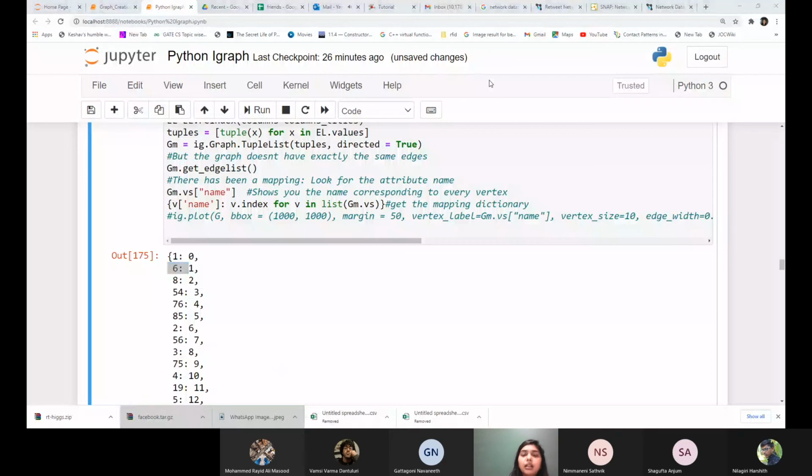I had this data set here. I read this into my pandas data frame and I used that data frame to build a network in iGraph. But when I look at the edge list, the edges are not matching the edges which I have in my actual file. So think about why this is happening. It has to do with something I told you previously about how iGraph functions when you create a network. I'll stop here.